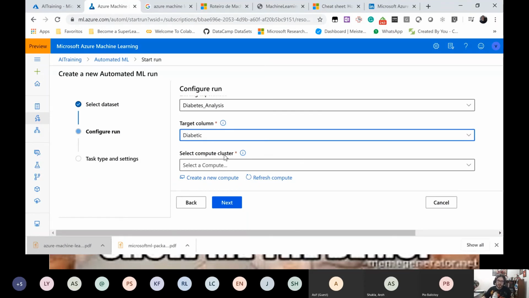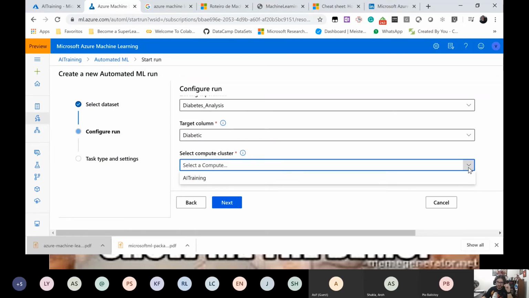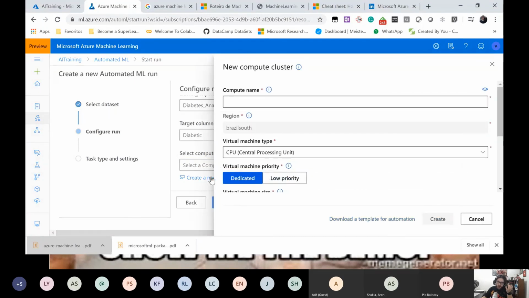Okay, so I need to show what is my compute cluster. What is a compute cluster? Remember when I told you about processing power? Here is where you select how much processor power you want to use to train this machine learning, right? I already have one compute cluster created, but if you want to create a new one, you just go here